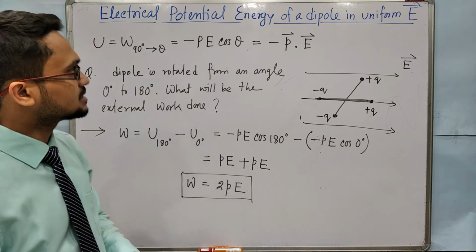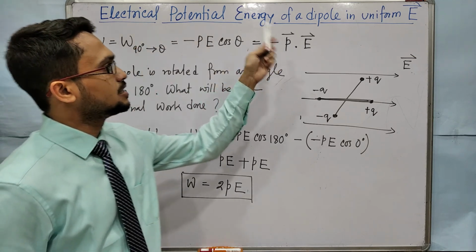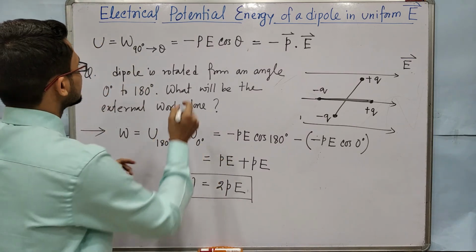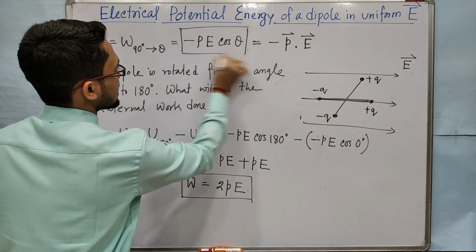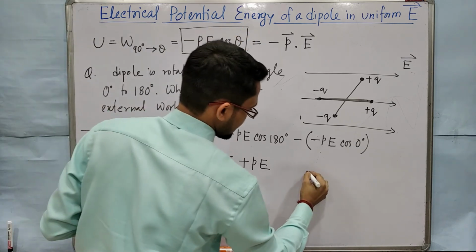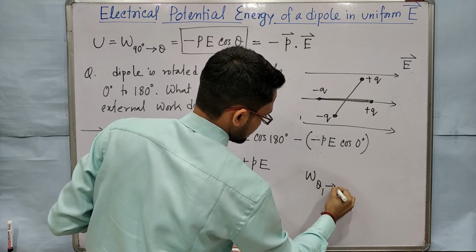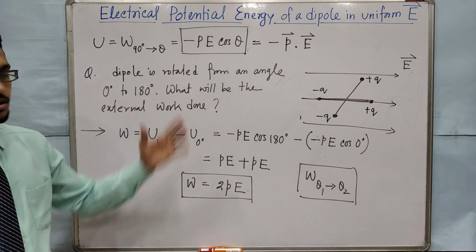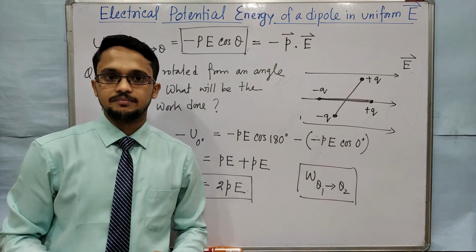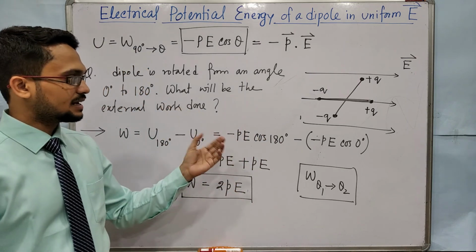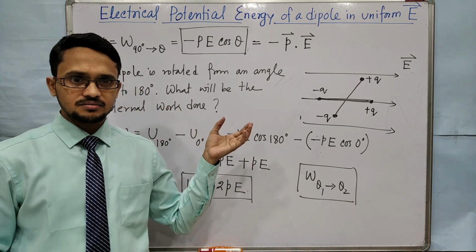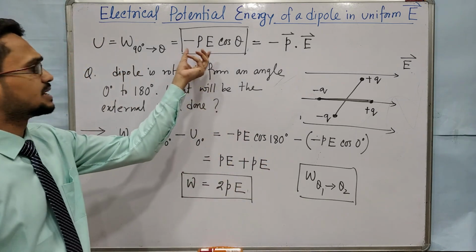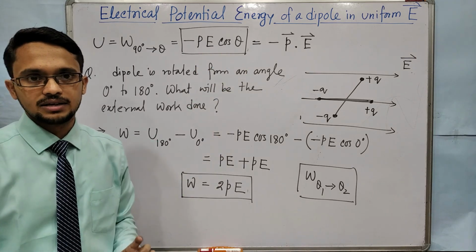So these are the points in electric potential energy of a dipole in uniform electric field. This is very important. Small numericals using this formula you will get, and this kind of thing, work done from theta 1 to theta 2, how will you calculate? These things are also very important, and will also help you for competitive exams. So read this properly and practice the derivation for potential energy of a dipole, that is minus pE cos theta. Very important. Okay, understand?